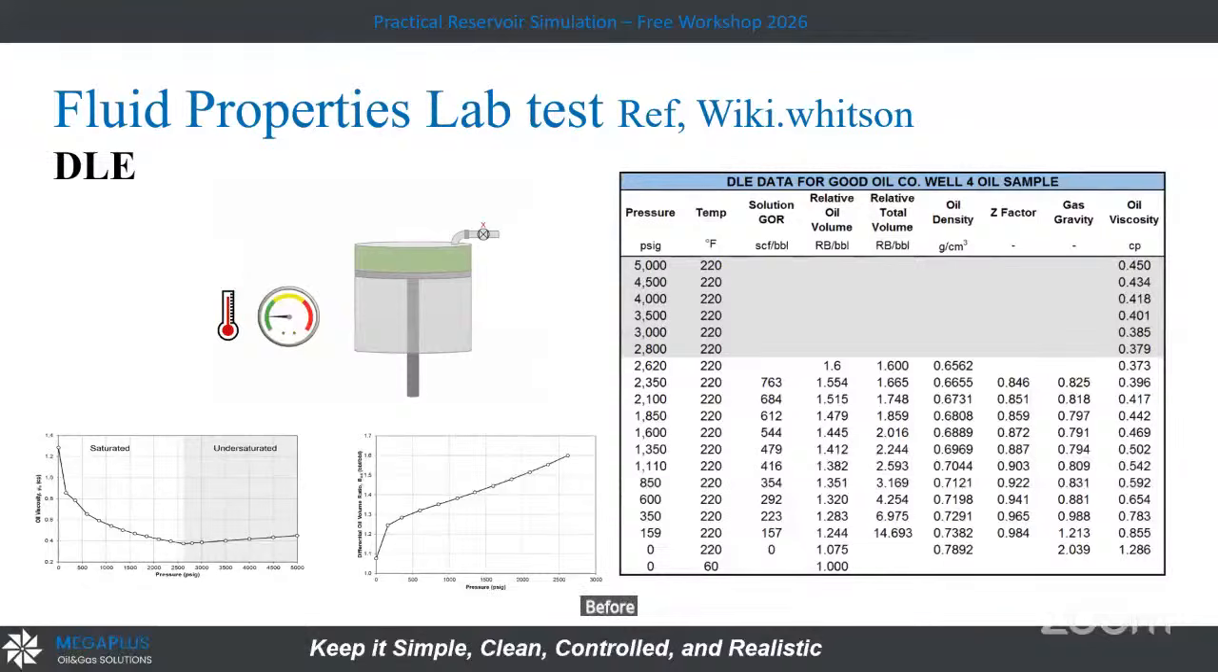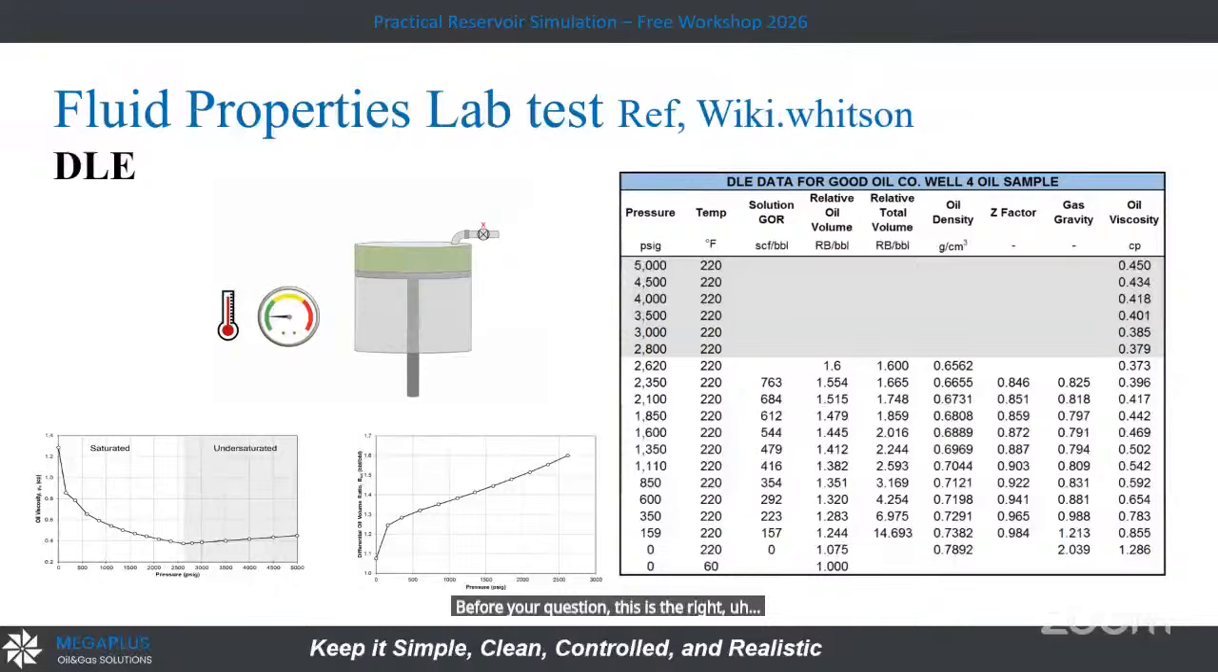Before your question, this is the right DLE. It goes that way in differential liberation expansion: we reduce the pressure and then produce the gas, and then we take the gas to the gas chromatograph to get the composition and to calculate the Z factor and all of this. I need to tell you that I corrected this, because the picture that was inserted before was the CCE. So for the question,